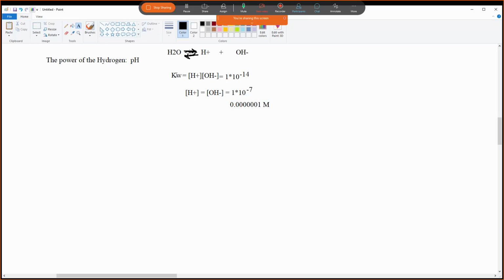Now, of course, this is the K and it's at equilibrium. So if somebody sticks a bunch of acid in there, we know that as per Le Chatelier's principle, if you increase the amount of one thing, then it's going to get offloaded in this direction, which is going to decrease the amount of the other thing. The K value stays the same. So if I increase the H plus concentration, I'm actually going to decrease the OH minus concentration, such that when they're multiplied together, you always get 1 times 10 to the negative 14th. Does that make sense? So you end up with this scale, you could say,